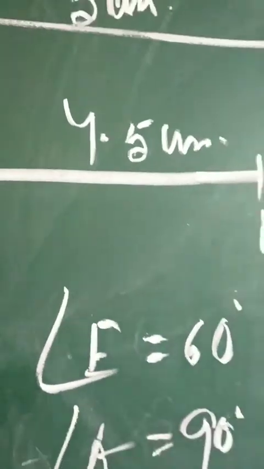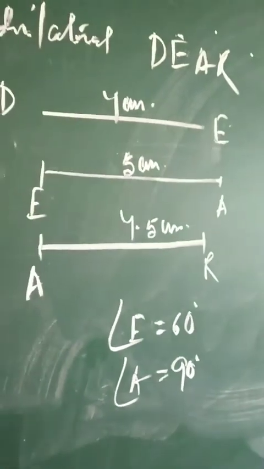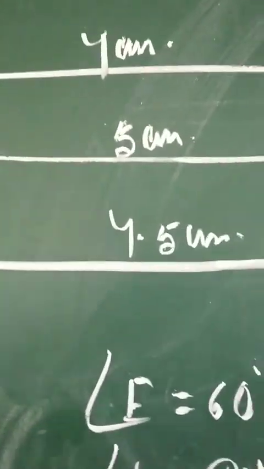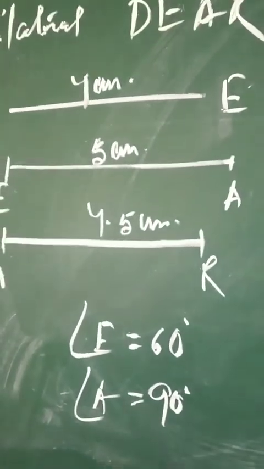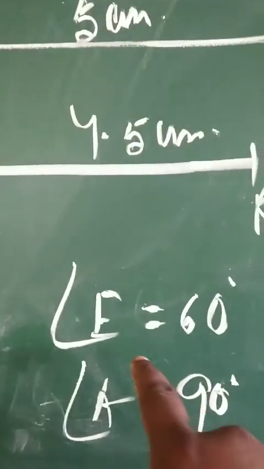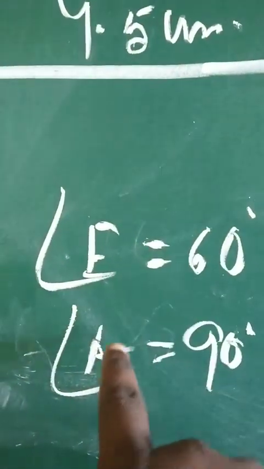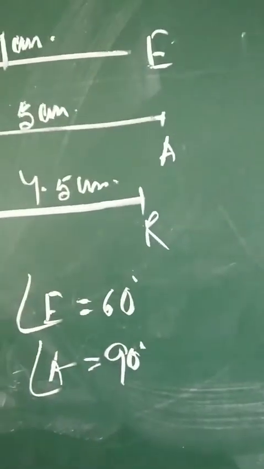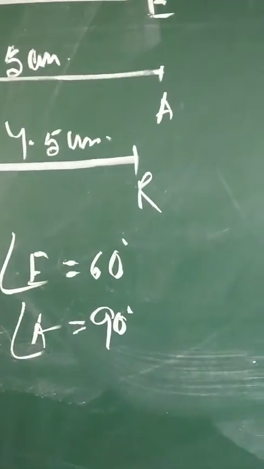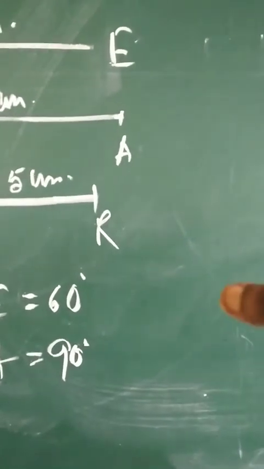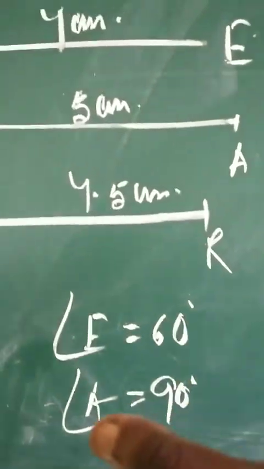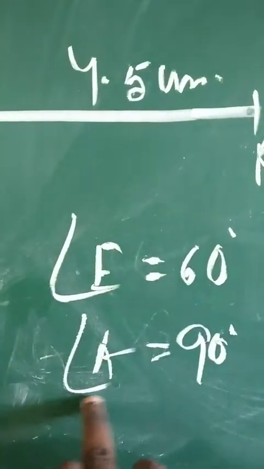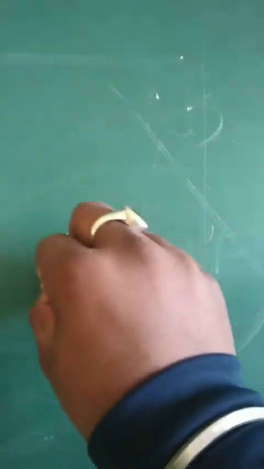So children, here we will discuss these following things. Now we are going to construct a quadrilateral. Name of that quadrilateral is DEAR. The very first thing I prefer to do, children, as we can see angle E is measuring 60 degree, angle A is measuring 90 degree. So we are going to construct these two angles on the base of the figure. I'll prefer to take EA because angle E is 60, A is 90. So I'll draw a line segment.